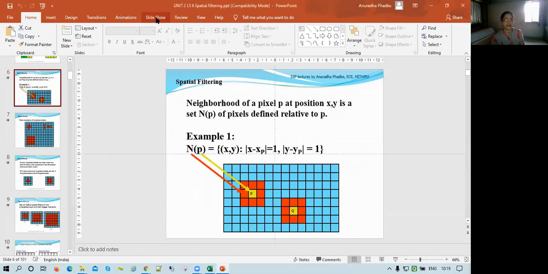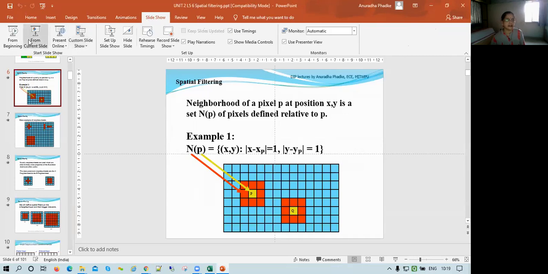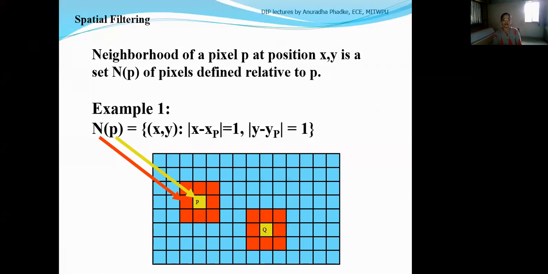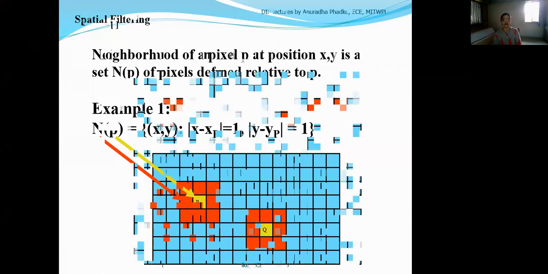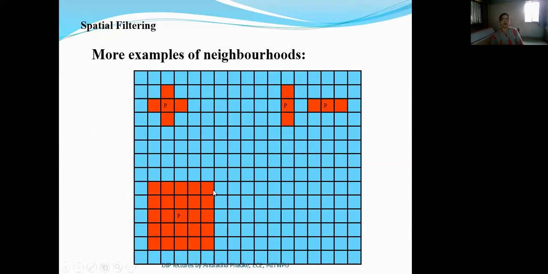So for mask processing, we can consider different types of neighborhoods. As shown here, you can have a 3 by 3 neighborhood for all the pixels in the image, or you can have a 4 neighborhood as shown here, or simply a vertical neighborhood or horizontal neighborhood, or a symmetric neighborhood as shown here, which is of size 5 by 5. Okay, so in total there are 24 neighbors to this pixel under consideration.